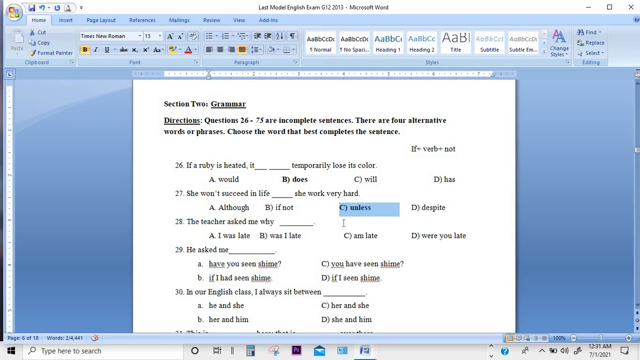So our answer is unless. Question number 28: the teacher asked me why dash. So this is a question from reported speech. How do we know from the reporting clause which says the teacher asked? This is a reporting clause, and most usually the reporting clause is a clause that introduces the report or the speaker's word. So the teacher asked me የሚለው ሐረግ reporting clause ነው